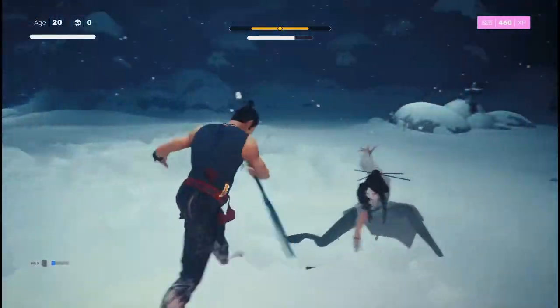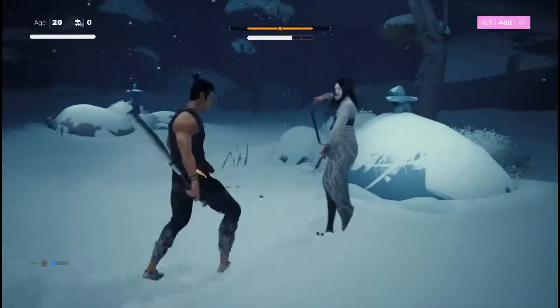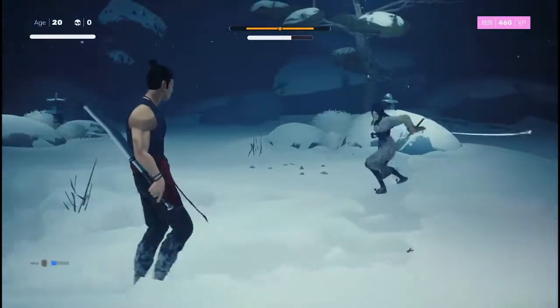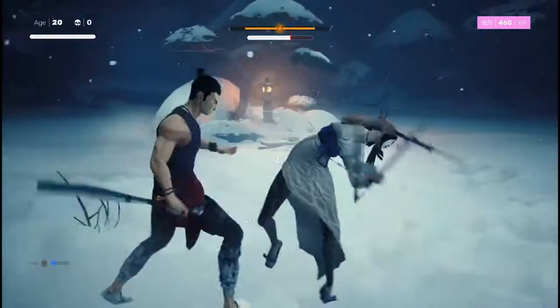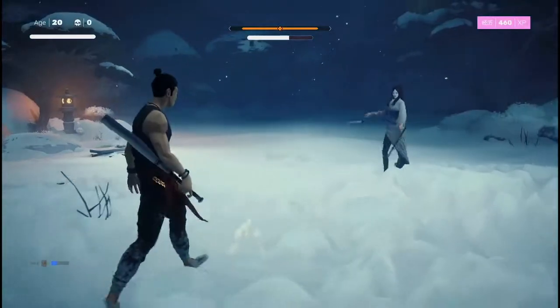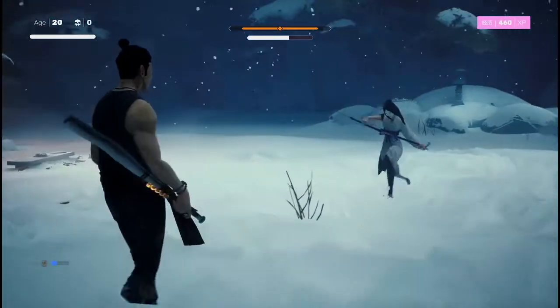Every time. And if she does the jump attack, you can sidestep out of the way from it. So if she jumps, she's going to do it again here. Jumps in, I sidestep out of the way from the smack, and then I can immediately move forward on her. If you have the forward triangle shrine